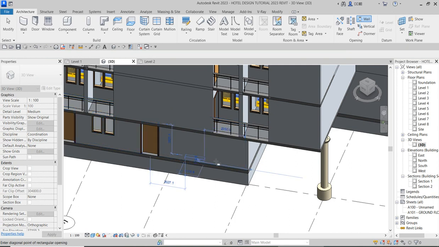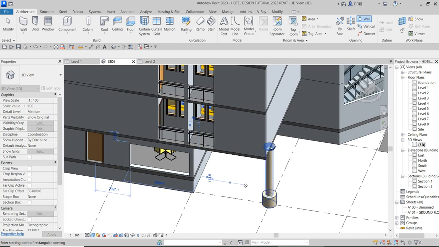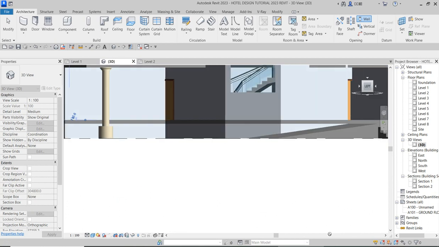I've selected it. So I want to open the wall completely outside. So you check the height of what you are opening and you click. Can you see? So the wall is open. It's not that I've deleted the wall, the wall is still there, but I open it up. Then I want to do the same thing